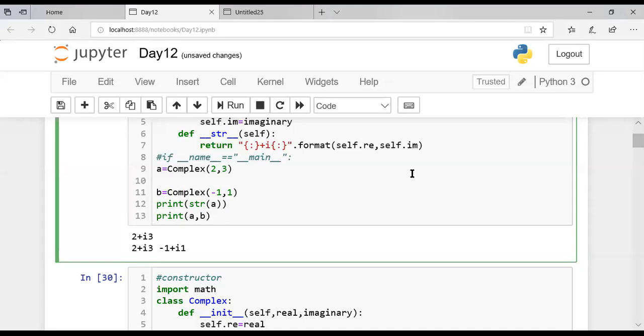Generally in one program, we have n number of classes. So all the classes are interacting with each other. In order to make it run at one point, we make one main module, and from that module we will call all the classes and run. Here we have only one class, so no need to make a module. Directly you can run this. It will give you the same output.